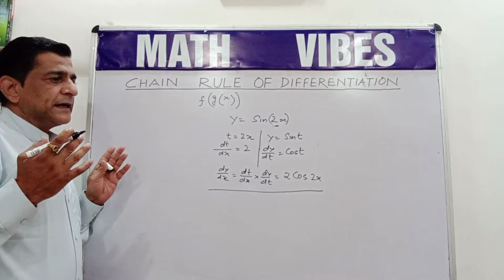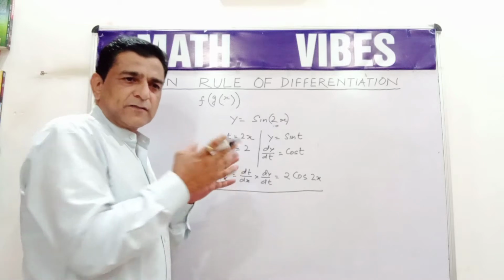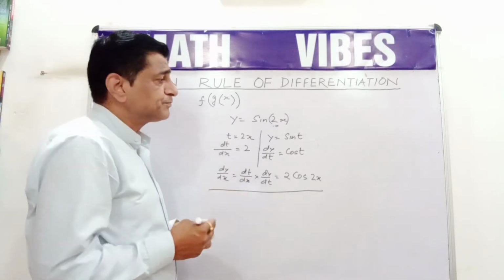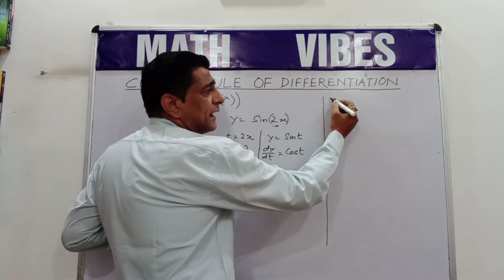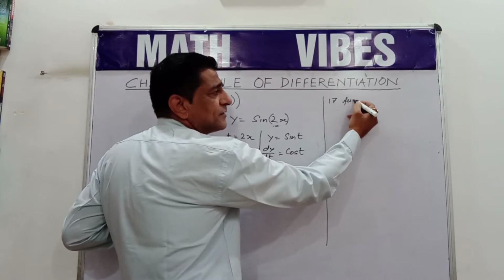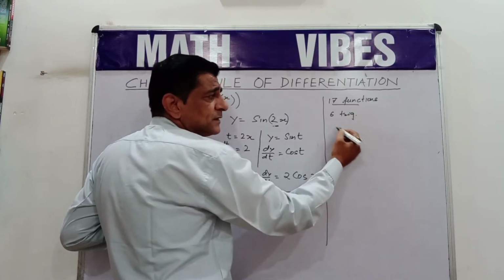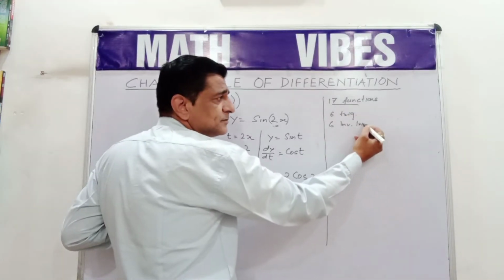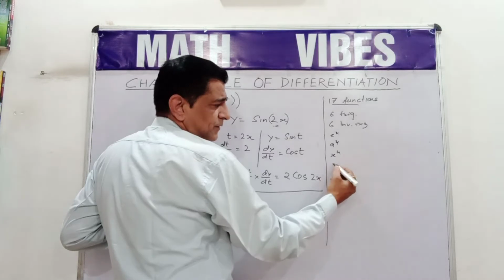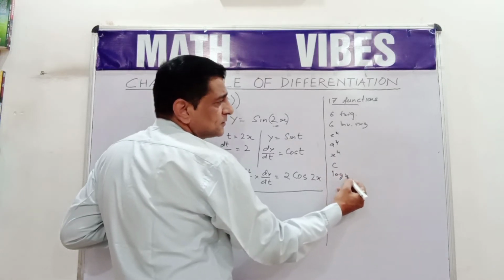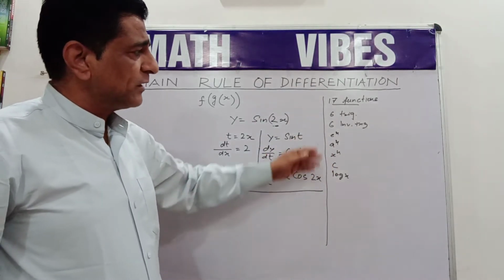Now, an easier method to apply the chain rule and to identify whether in a given function we should use the chain rule. We know the basic differentiations. I write it as 17 functions: 6 trigonometric functions, 6 inverse trigonometric functions, exponential, arithmetic, constant and log. So these are 17 basic differentiations, and in all of these except the constant function we have x.